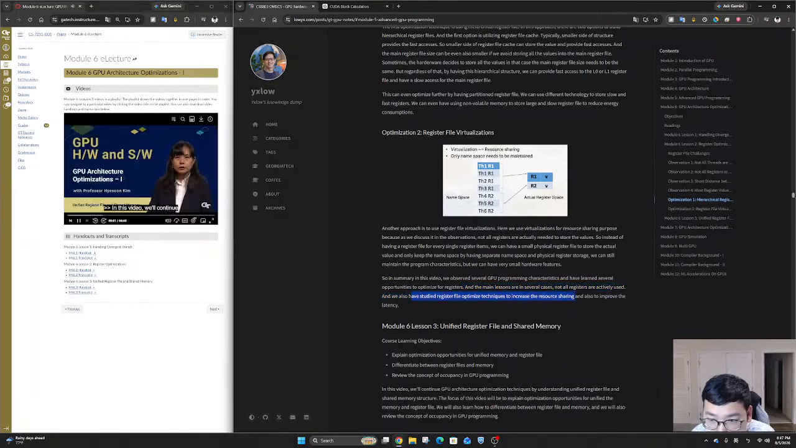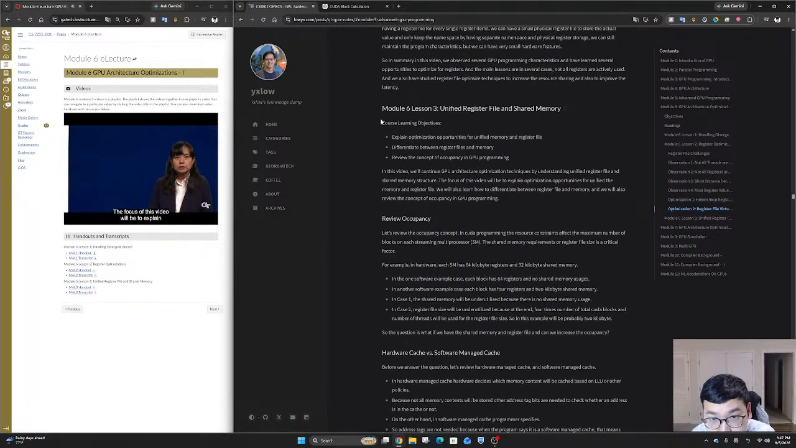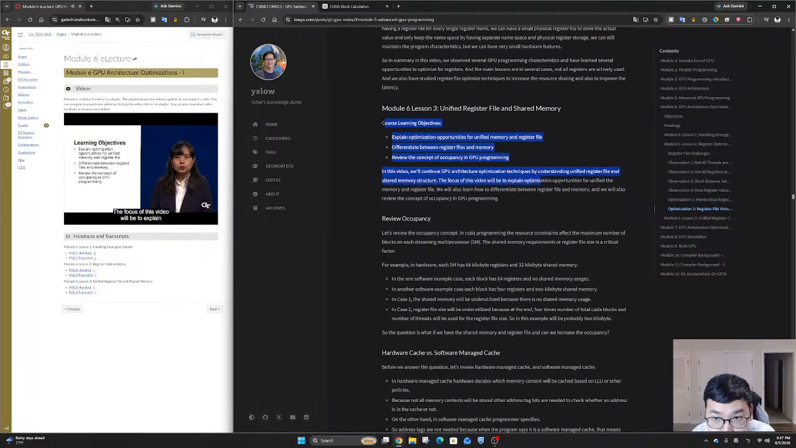In this video, we'll continue GPU architecture optimization techniques by understanding unified register file and shared memory structure. The focus of these videos will be to explain optimization opportunities for unified memory and register file. We'll also learn how to differentiate between register file and memory, and we'll also review the concept of occupancy in